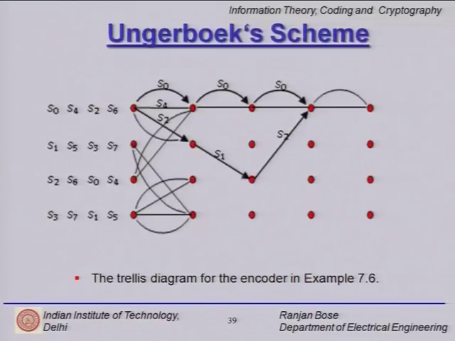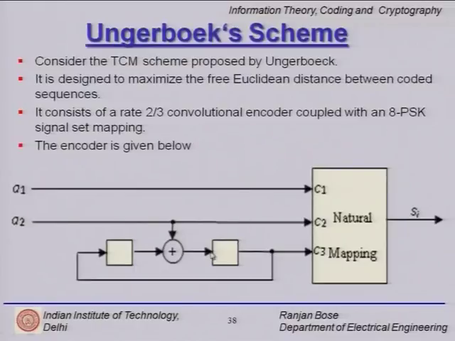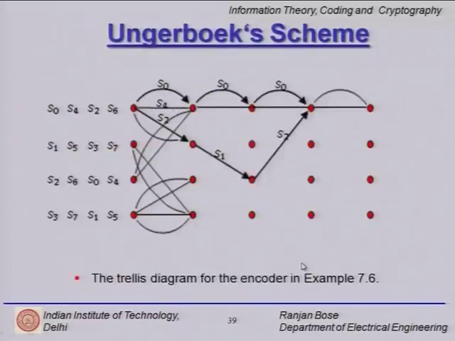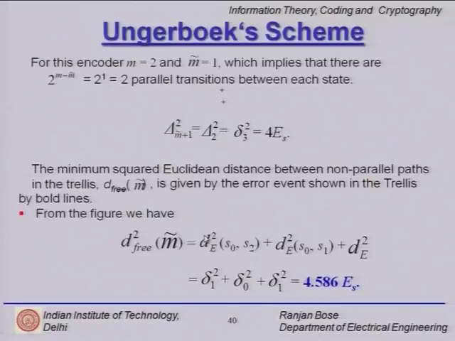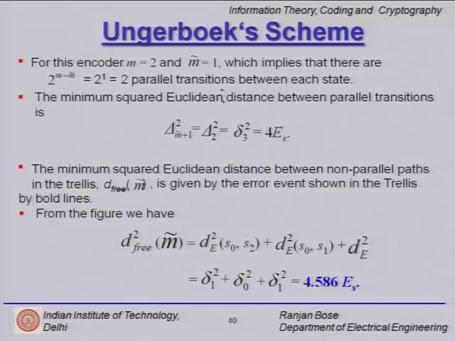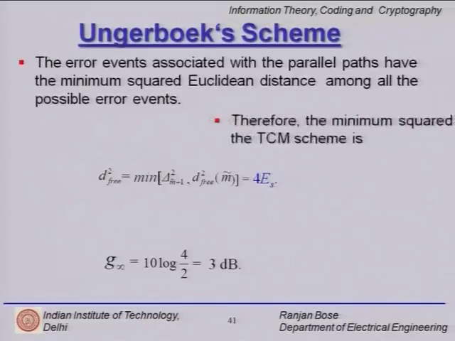Here you can see that there are parallel paths in this case, because if the input A1 does not change, then the state transition does not change, and for A2 between 1 and 0 there are 2 possible outputs. So, there will be 2 paths from any one state to the next state, but the question is how to assign the symbols from the 8 PSK. So, here we have used the Ungerboeck scheme, which we will discuss, to assign the different symbols from the